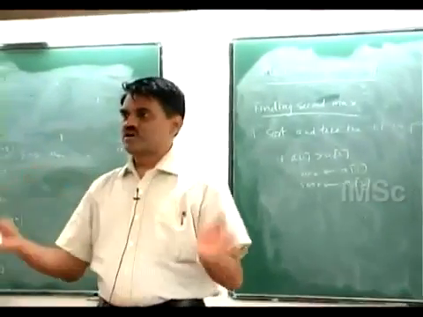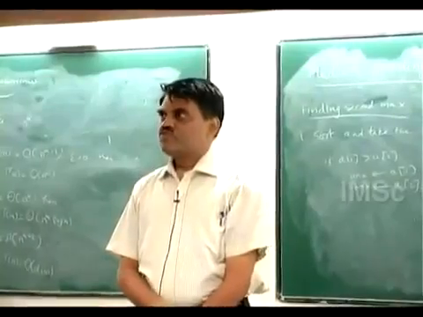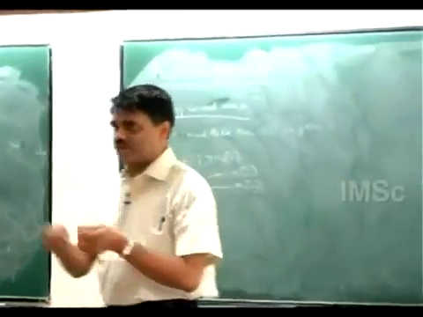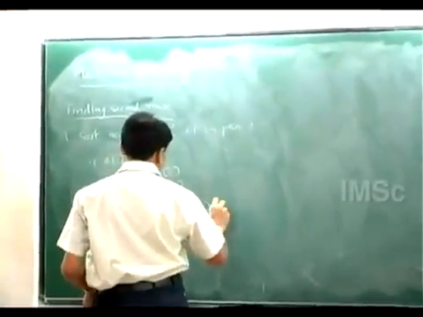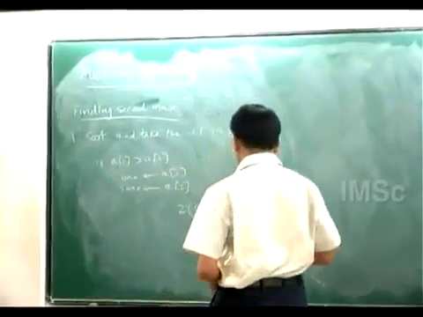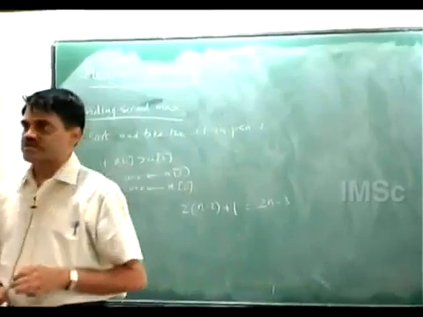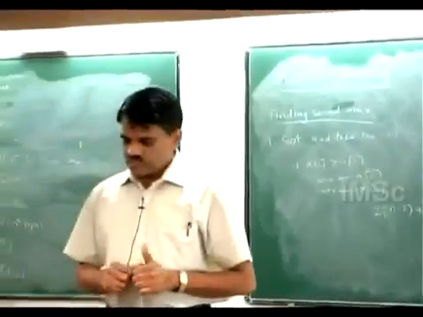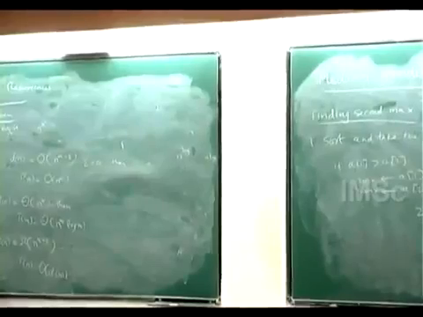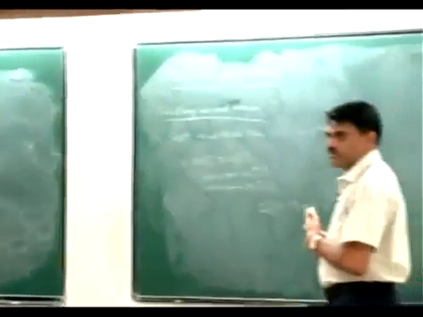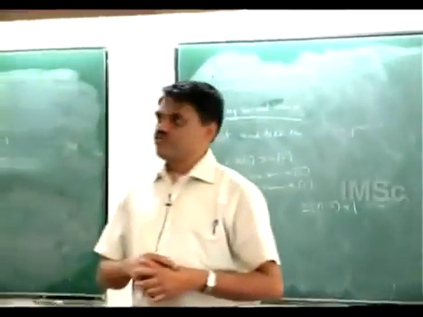What will be the worst case number of comparisons here? Two for each element in the worst case, because you may have to end up comparing with both. So 2 times (n minus 2) plus 1, which is 2n minus 3 to find the second max. Now, if I want to find the third max,